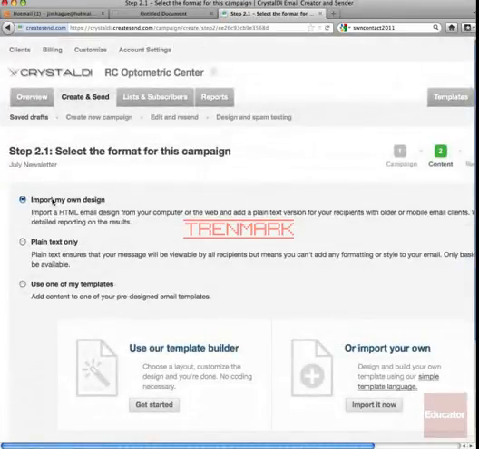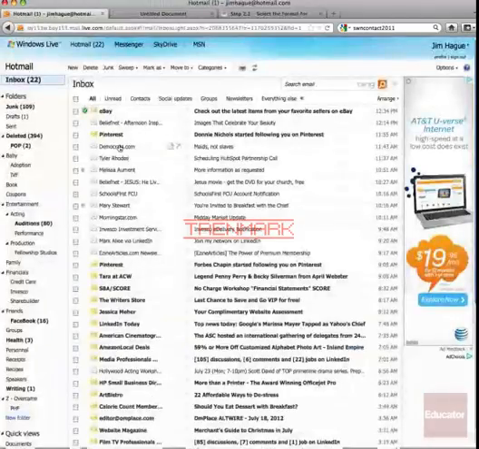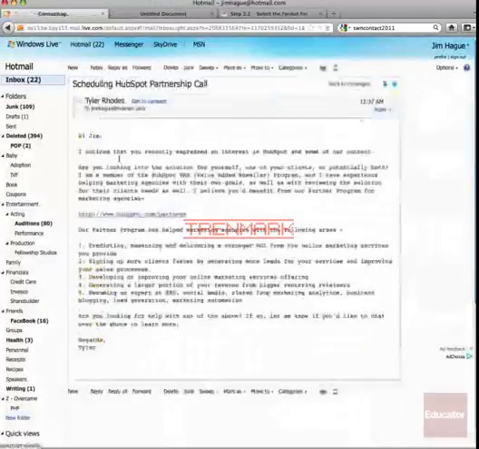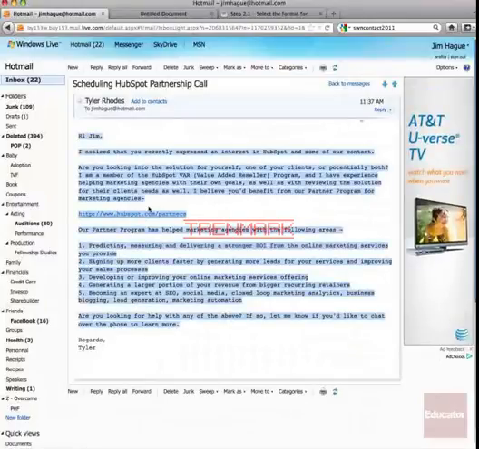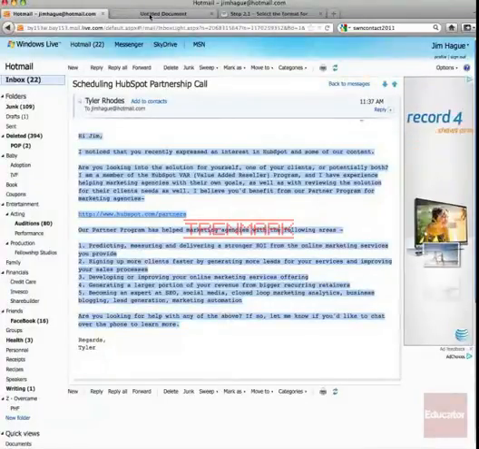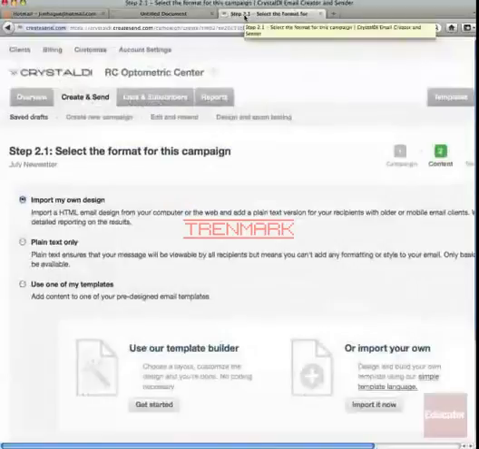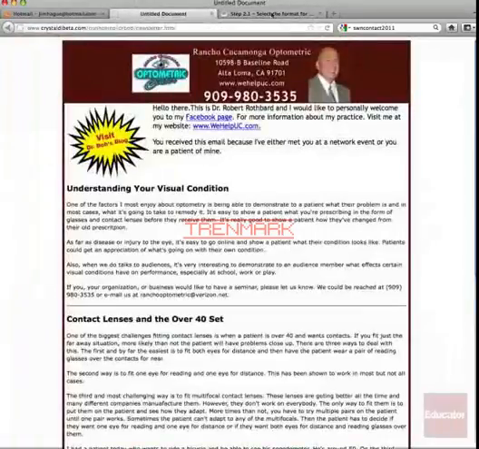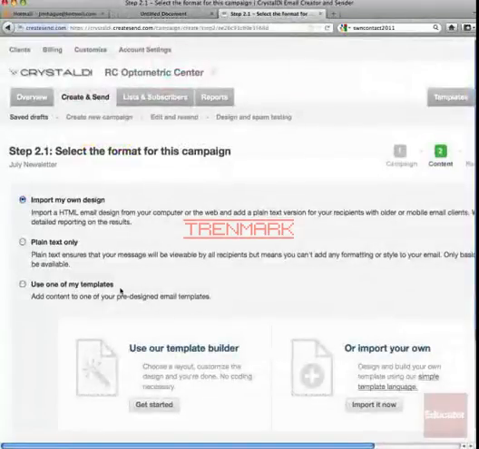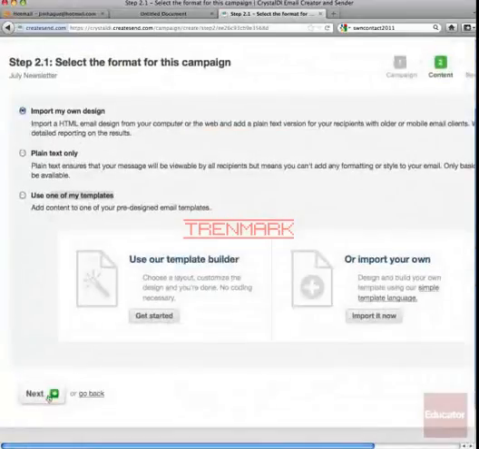Now I have a choice between importing my own design, or I can use a plain text email, which is kind of boring. A plain text email would be something like this. That's all it is. But we don't want to go that route. We want to be able to go this route. It allows me to use a template if I'd like to, but I'm going to import my own design. All right, so I will scroll down,